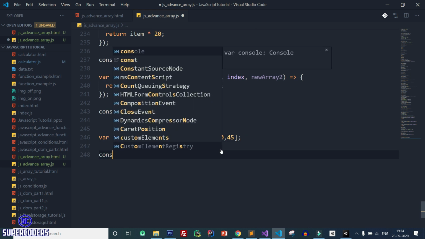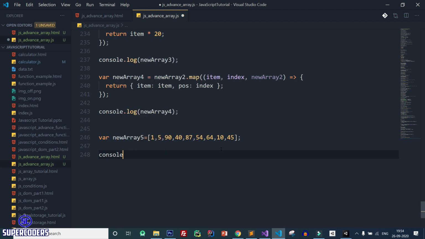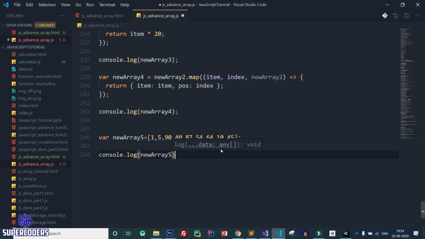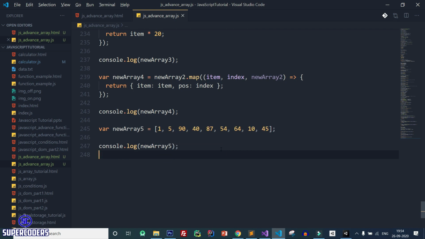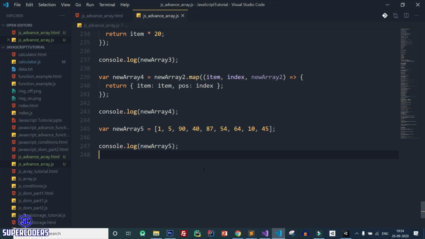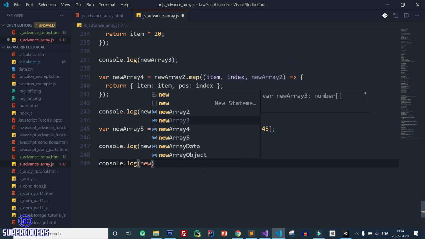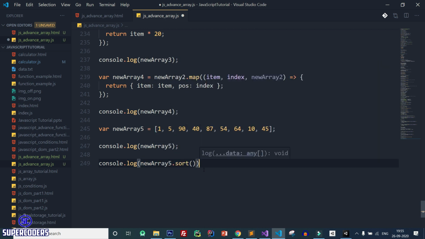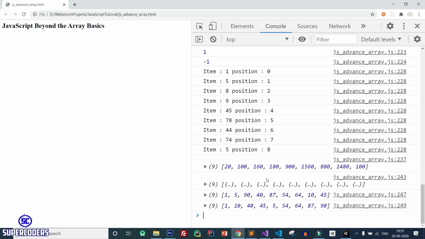So simply console.log new array 5, save it, back to Chrome, refresh page. Currently it's just printing, but let's see how I can sort the data. So again console.log new array 5 dot sort method, save it, back to Chrome, refresh page, and you can see our items have been sorted.